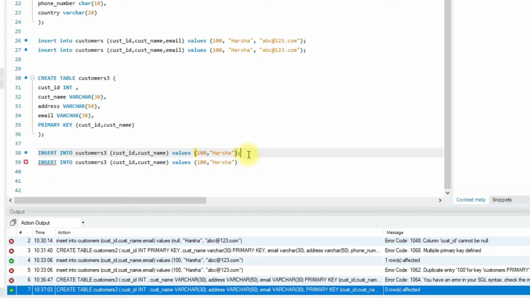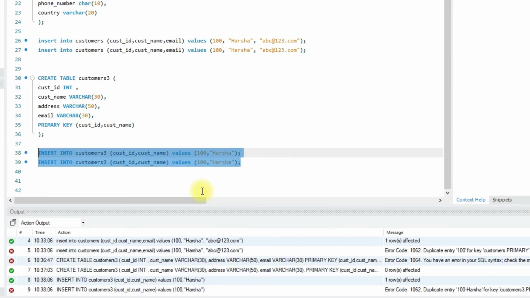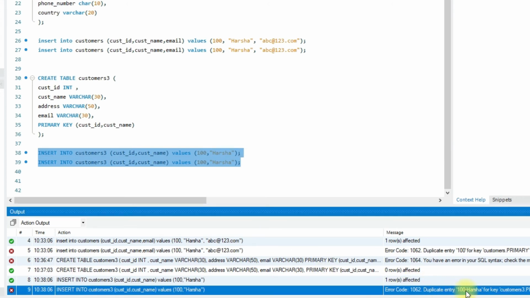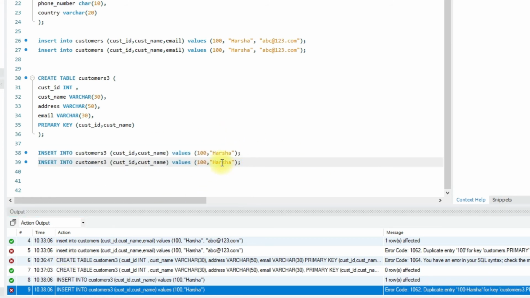Let us try inserting the duplicate values first and see the error. Here it's saying duplicate entry, the combination 100-Harsha. So we'll give a different name, Henry.